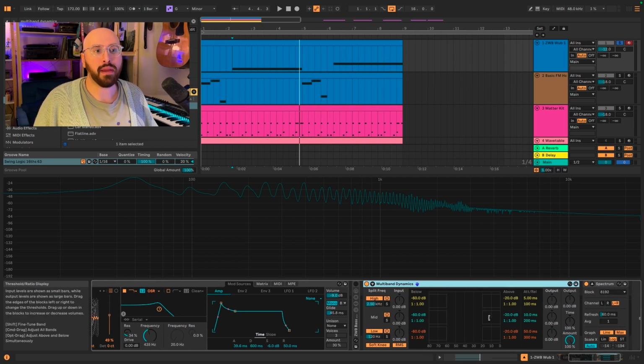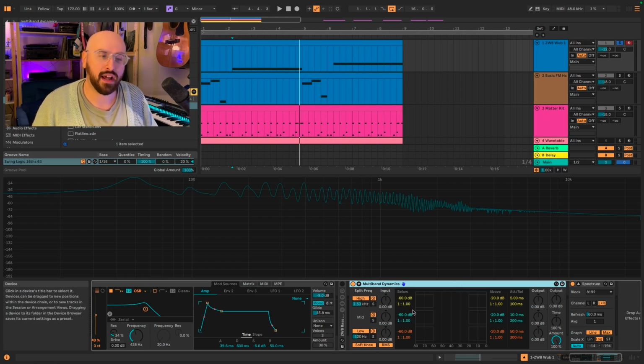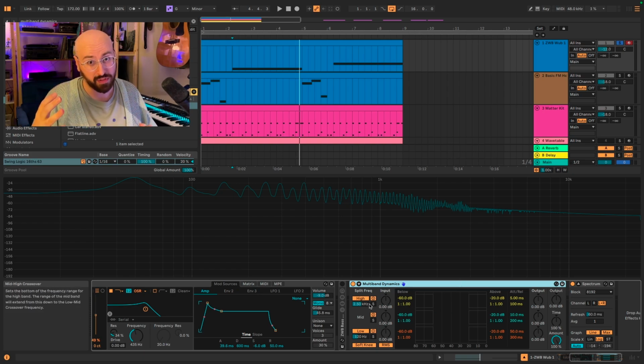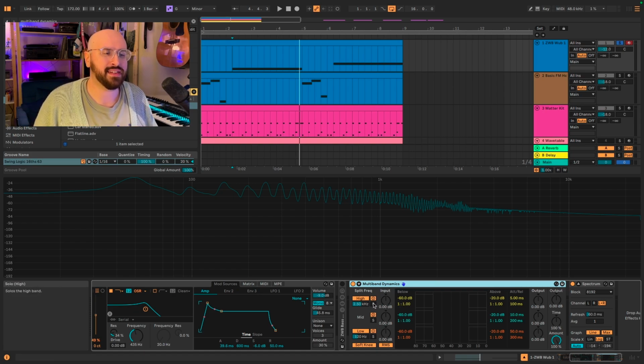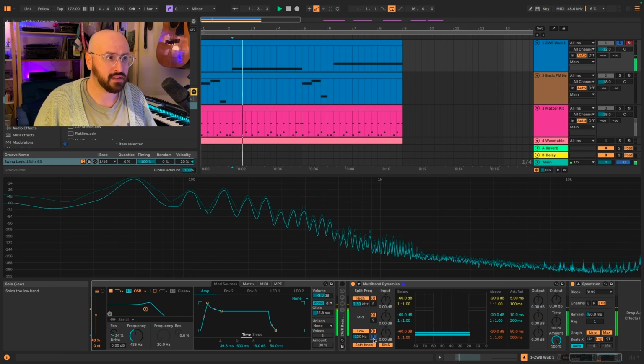So Multiband Dynamics is a multiband dynamic processor, right? It combines an upwards and a downwards compressor, and it splits the frequency spectrum into 3 separate bands. We're actually not going to really worry too much about this device. What is useful for us is that you can actually solo each of the bands. So for example, if we solo the low output, which by default has a crossover of 120 hertz,